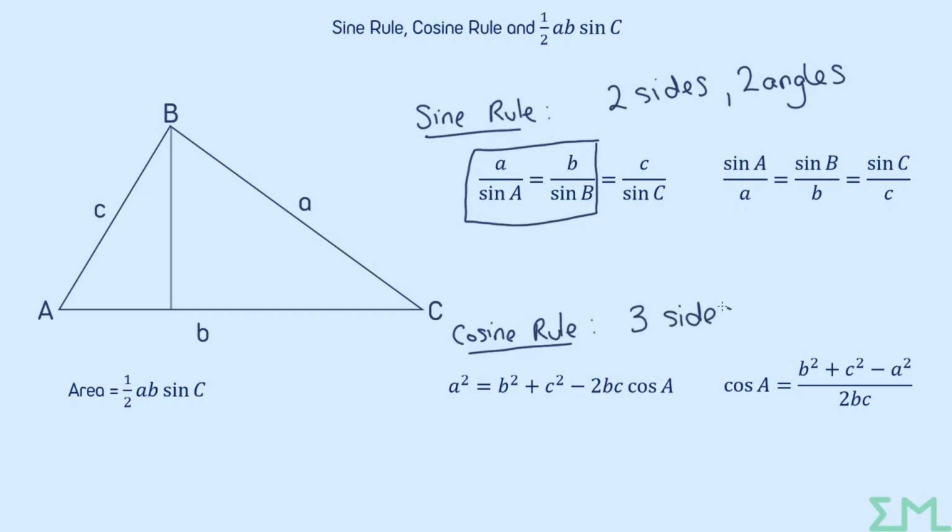The setup that you're given in the question, from the setup you're given, it should be easy to tell which one you need. Remember to count the thing that you're looking for as well. 3 sides, one angle, and again, there's two different versions of the formula for whether you're trying to find a side or an angle. Now, it really will be worth watching the second video that I do on this, where